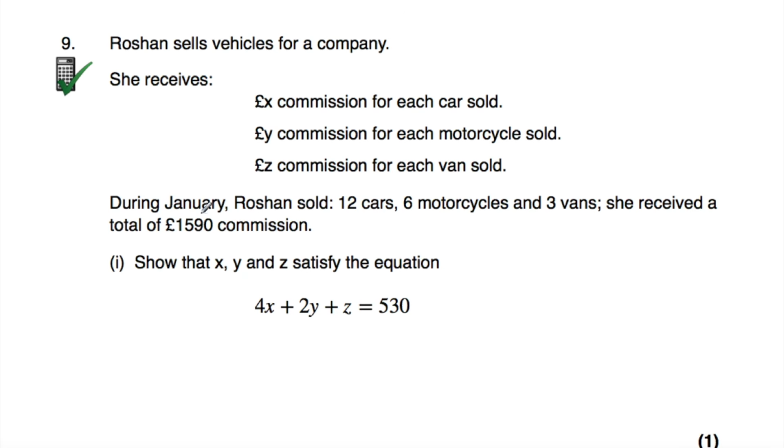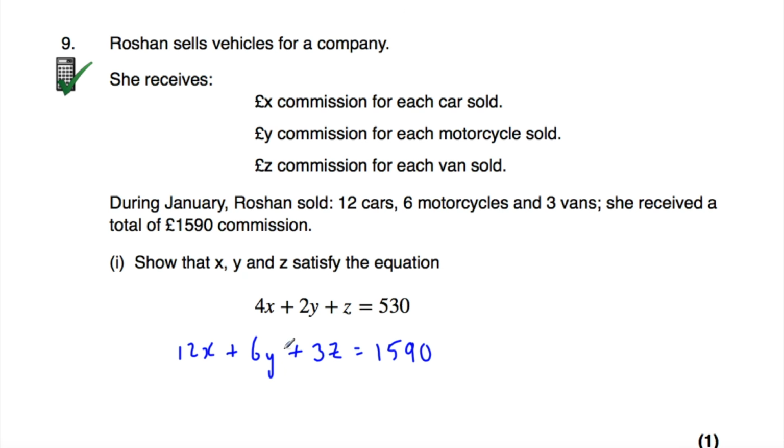But what we're going to do is form an equation using the information we've been given, and then we're going to simplify it, and hopefully we're going to get to this. Okay, so for each car she sells, she gets x pounds. So if she sells 12 cars, we're going to do 12 times x, and that would be 12x, because we'd multiply the commission for one car by 12 to find out how much commission Roshan would receive for 12 cars. And then she sells 6 motorcycles, so we'd add on 6 multiplied by y, because for each motorcycle she sells, she gets y pounds commission, so 6 times y is 6y. And then we'd add on, well, she sells 3 vans, so that's 3 times z, so it's going to be 3z. And that's equal to